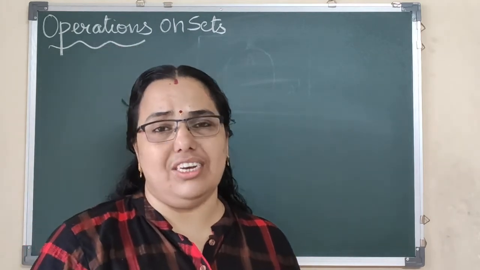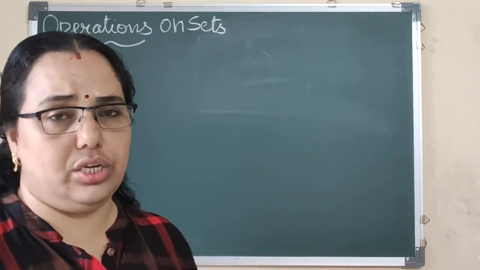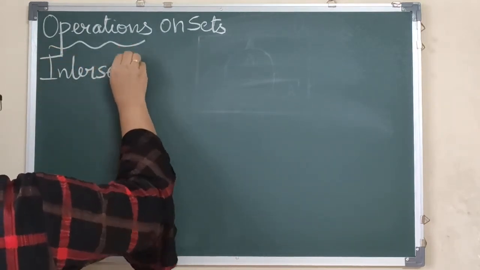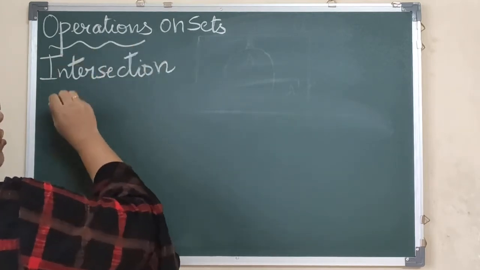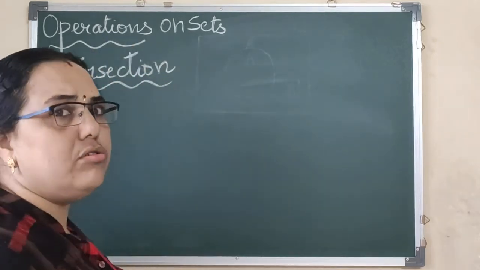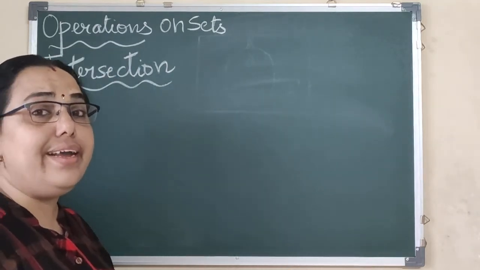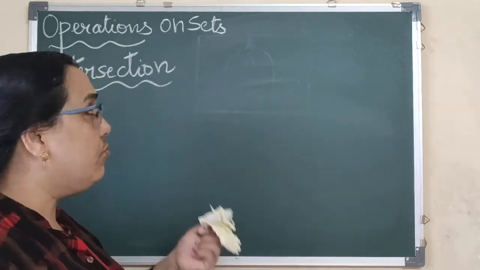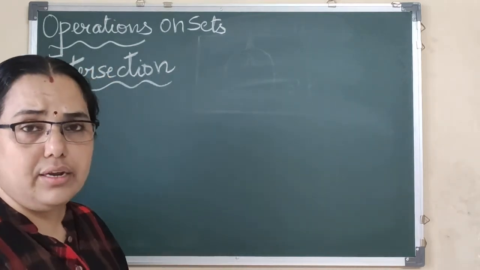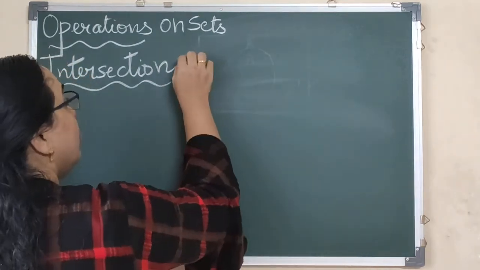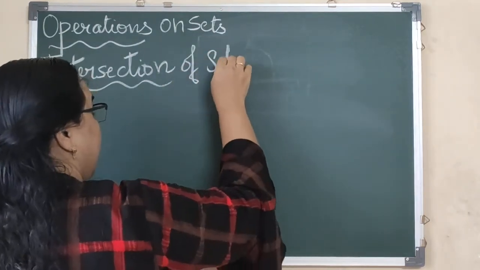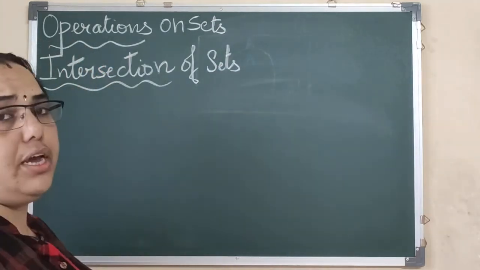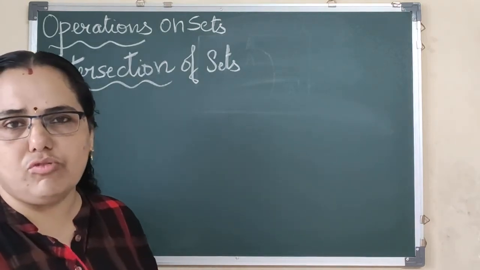To start with, in your textbook initially they have spoken about intersection. I hope you remember, you have studied this word intersection in geometry many a time. When two lines intersect, their intersection is a common point. So this word intersection is not new to you, but here you see intersection of two sets, three sets. You just see what is intersection of sets.